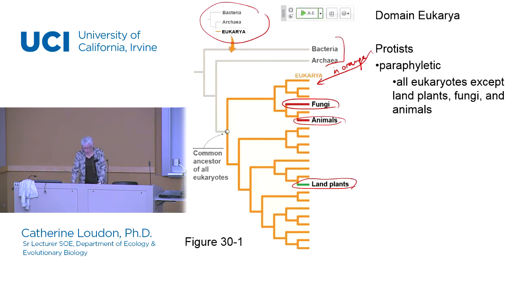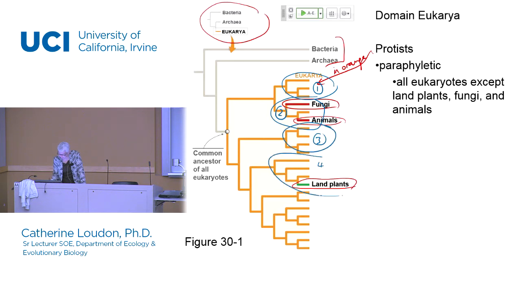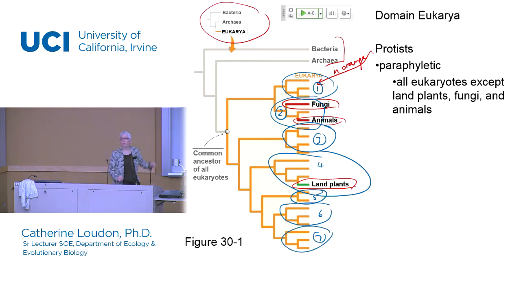Okay, so protists then should not surprise you. We're an extremely diverse group. After all, look at all these lineages. In fact, your book identifies 7 major lineages. I'm going to switch colors here, so hopefully this will be less confusing. There's 1, there's 2, so there's a monophyletic lineage, there's a monophyletic lineage, there's another one, 3, here's another one that includes the land plants, there's 5 here, and 6, and 7. So there's 7 major different lineages, each of which has a long name with lots of syllables in it that's probably unfamiliar to you. And you are not responsible for learning the 7 different major lineages of protists or their